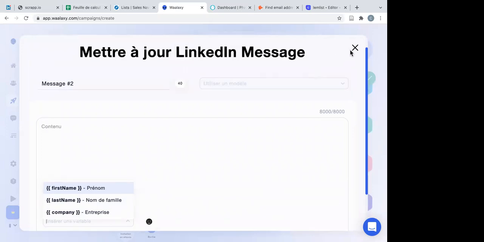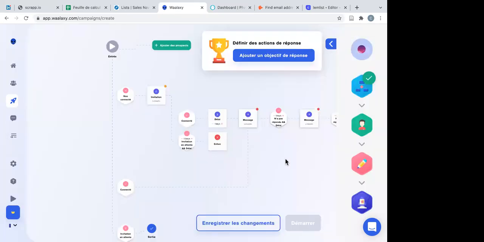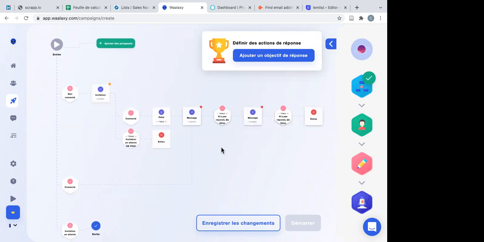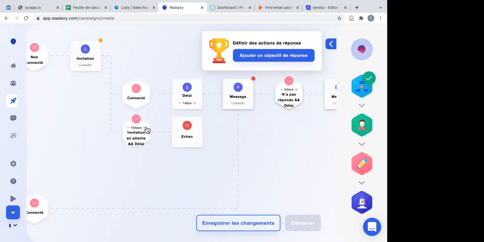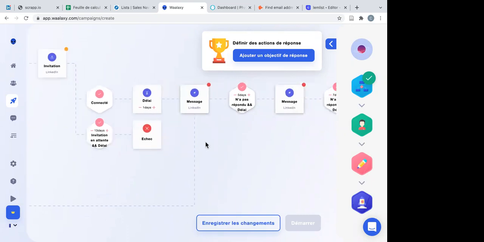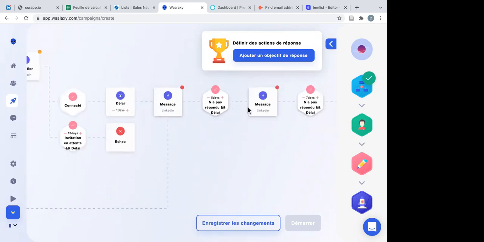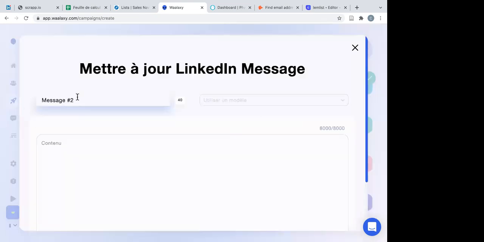it really depends on why you are doing this campaign. Is it for crowdfunding? Is it to make your product more known? Is it to sell something? So it depends. You saw that within the 15 days, and I can change that period, if they didn't answer, then it's a failure and they go out of the campaign. And then you can personalize a second message, and